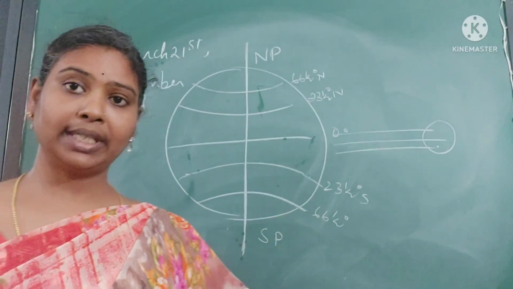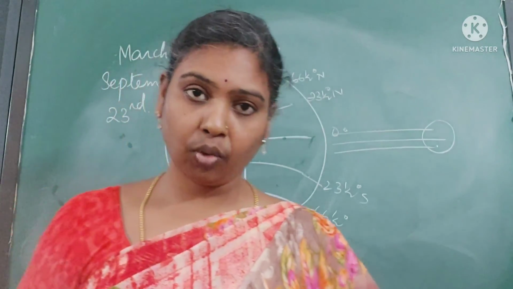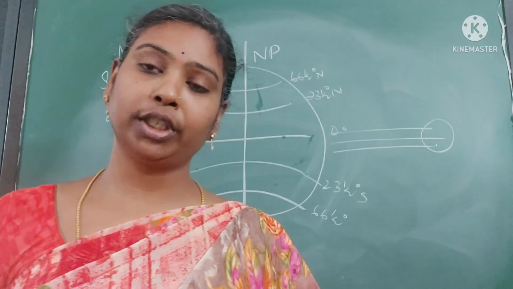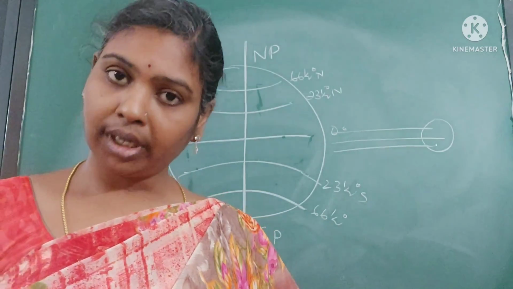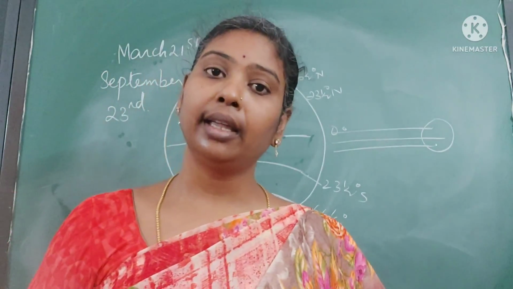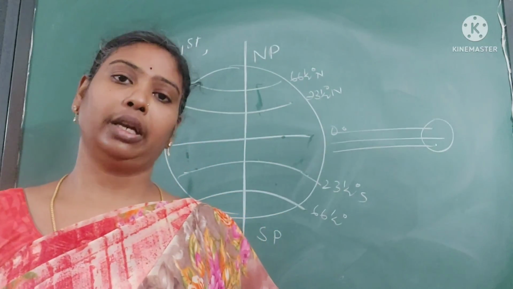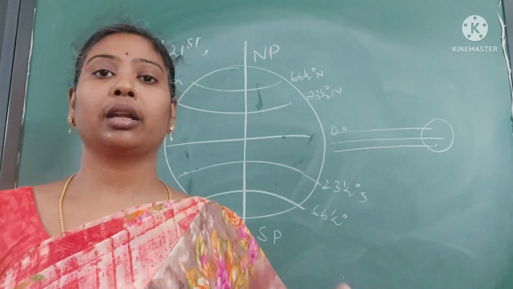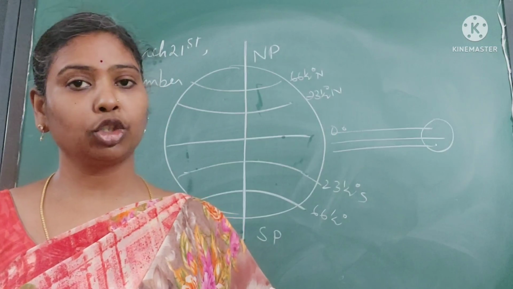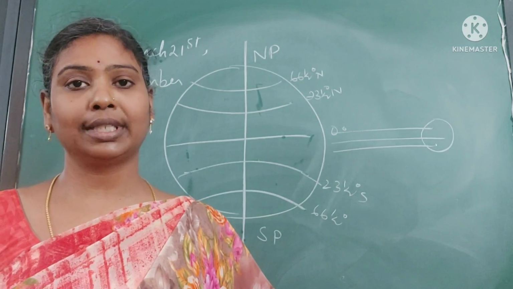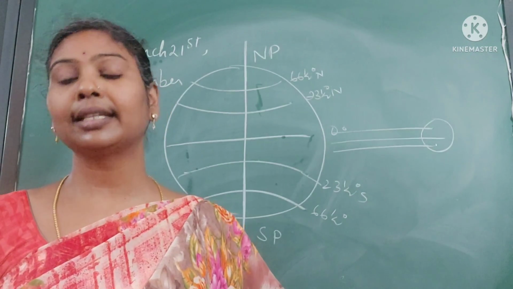So to sum up once again, we have seen what is rotation, what is revolution, what is the solstice, and what is an equinox, and what are the effects of rotation, what are the effects of revolution, and what are the characteristics of rotation, solstices and equinoxes in this